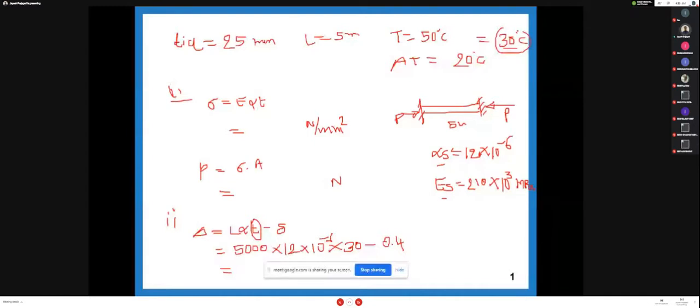Okay, so just take this data and calculate the stress value, and give me an answer. Based on this stress, you can calculate stress into area, and area you calculate based on pi by 4 d square. So all of you calculate these two answers, stress and force. Very simple one. You just put in the data. There is no logic here. So this is the first case when supports are unyielded.